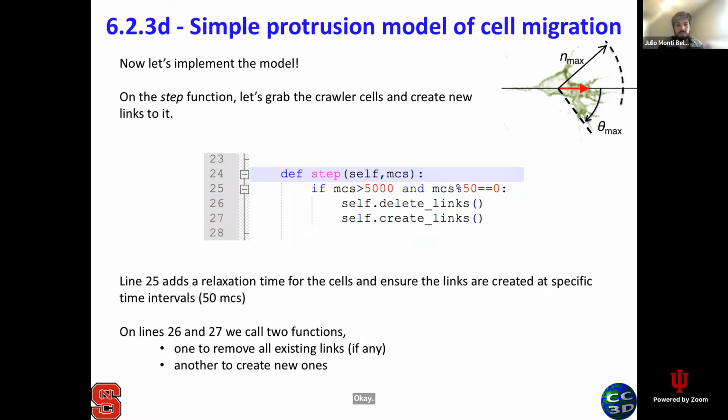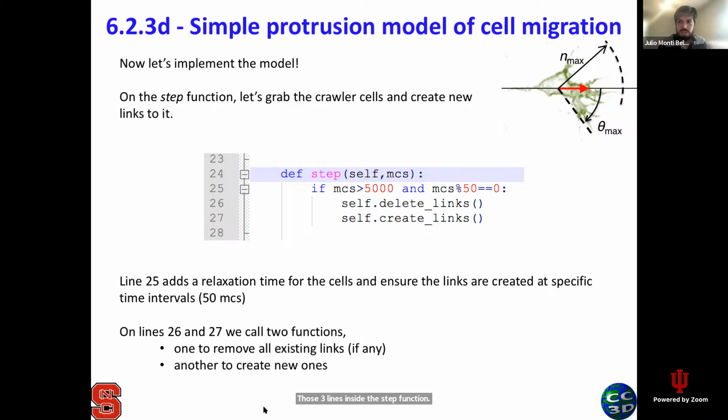No, this command will be just for the crawler cells, so that will be defined inside each one of those functions. Here I'm already showing how to properly code. If there is something that you have to do very often, and you may do that for many cells, it's better to create a function for it and define this function outside. This way your code will be easier to read. So once you add those 3 lines inside your step function,